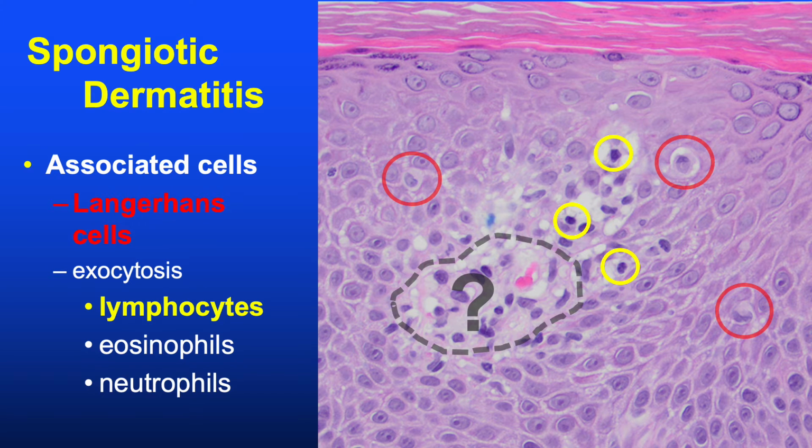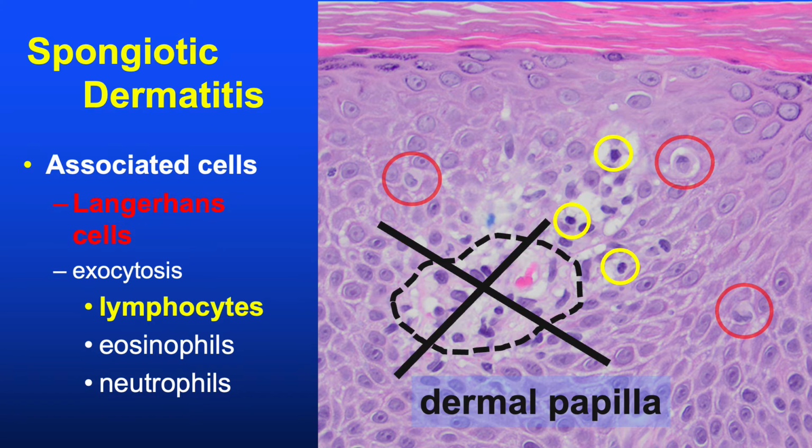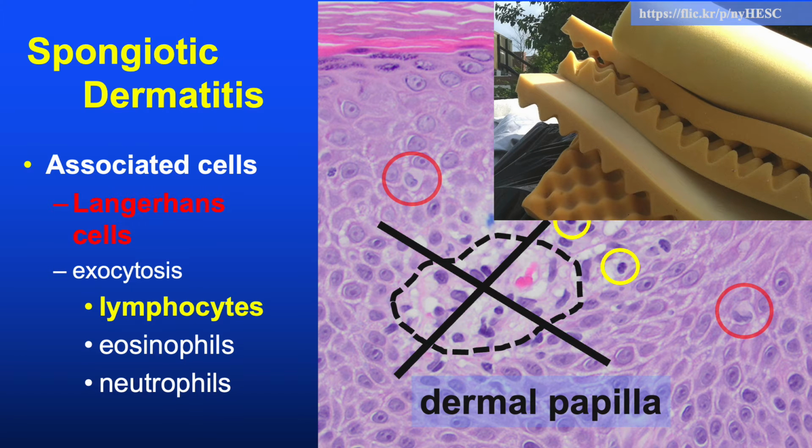So here's a little test. Is this a spongiotic vesicle? Within the dashed circle? No, this is a dermal papilla. See the little cluster of red blood cells? And remember the normal reedy ridge pattern of the dermal-epidermal junction and the fact that tissue sections inevitably get sectioned